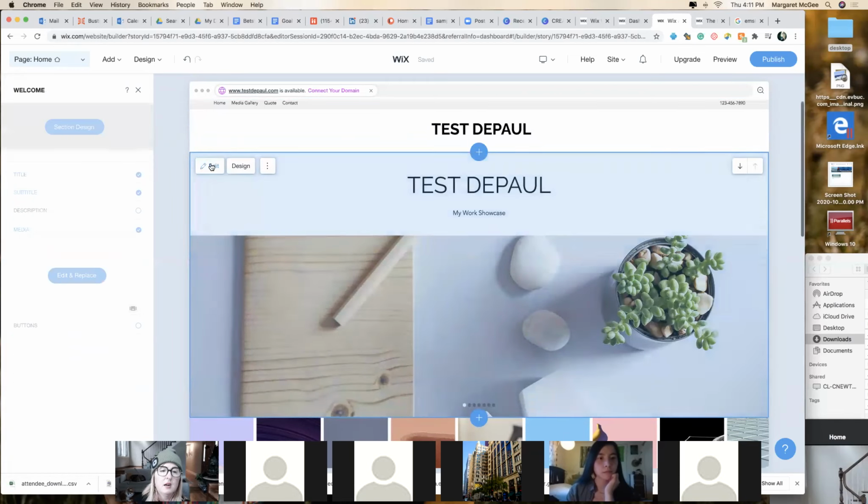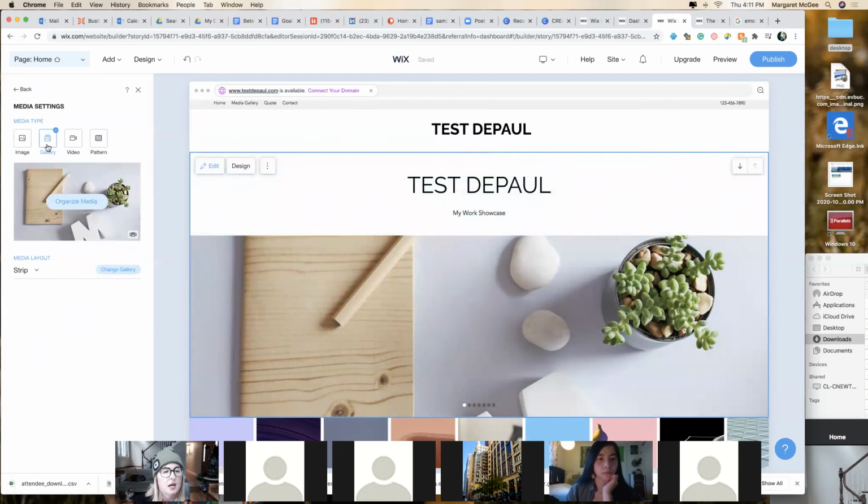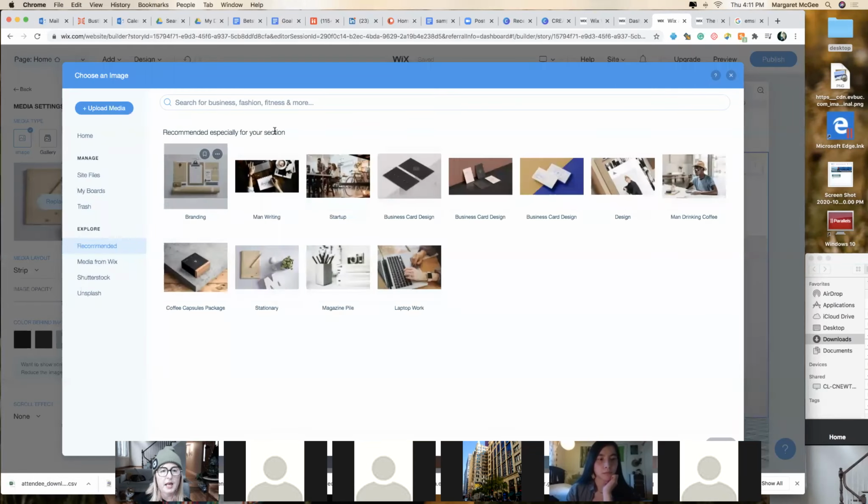Then when I get into here, I have a special edit button. I click on here, and then I can replace this image. I can actually go from a gallery that Wix provides, and I can change the media layout here. Right now it's in strip. I can change it to background. I'm just gonna upload an image. I'm gonna click on replace. And it will then let me take from a bunch of images it's collected that work with this template well,